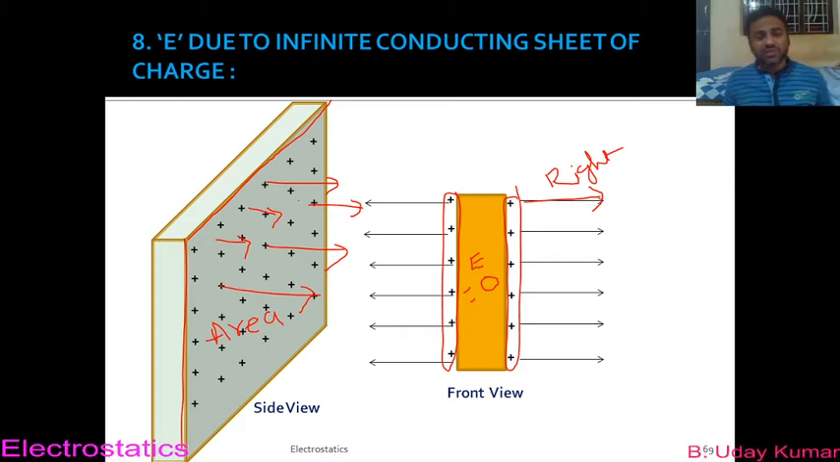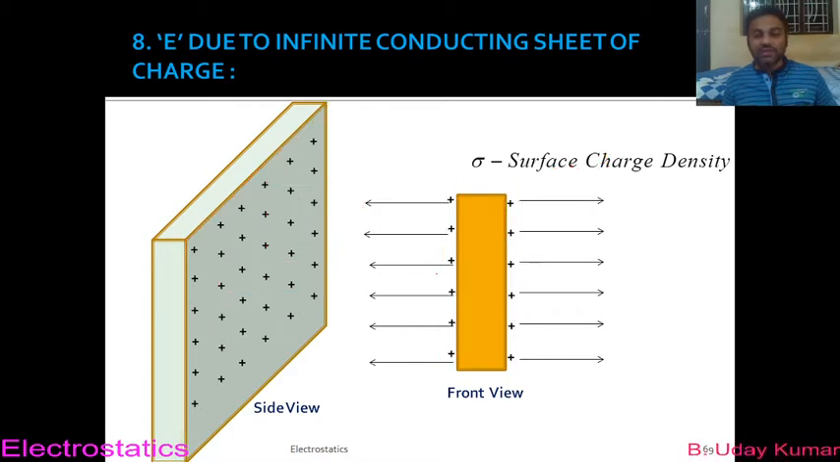charge distribution. So you know that there are different types of distributions of charges. One is linear charge distribution, another one is surface charge distribution, and the third one is volume charge distribution. So since the charge is distributed on the surface area of this sheet, it becomes a case of surface charge distribution. Since this is an example of surface charge distribution, whatever the